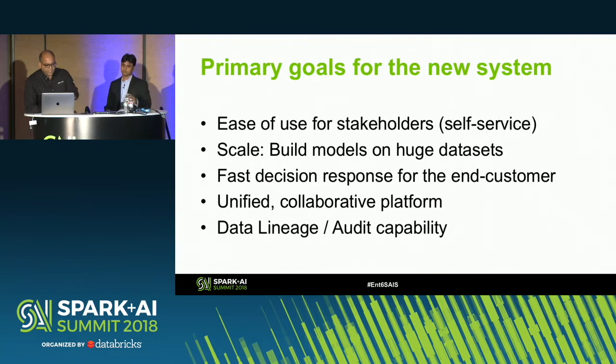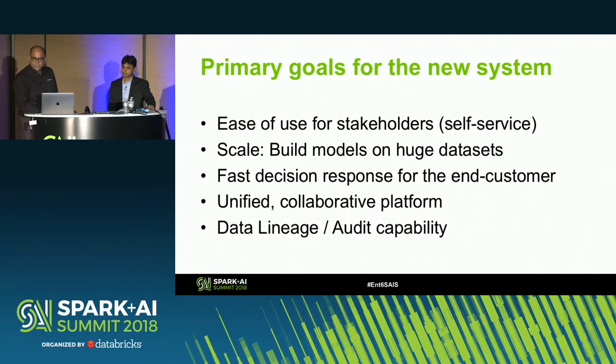So the other big thing, and this is the last bullet, which is the data lineage and audit capability. So obviously, many of us know now that in a regulated environment, people are expected to go find a particular application and find out exactly what happened to that application and where that application was blocked, approved, or denied, and why. And that kind of lineage and audit capability was also missing, and that became another goal for the new system. So these were all of the objectives going into the new implementation, which we did with a Spark-based stack,